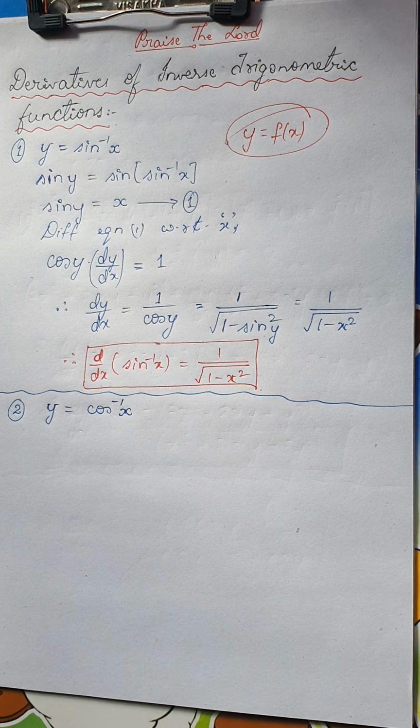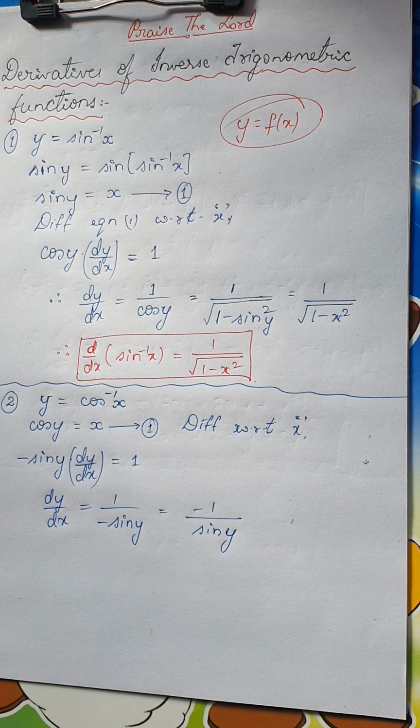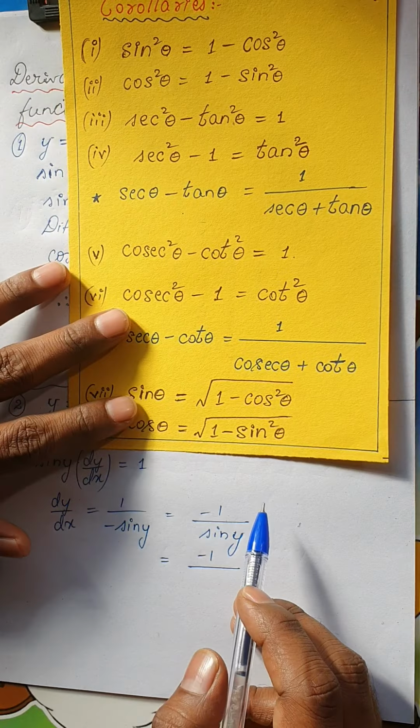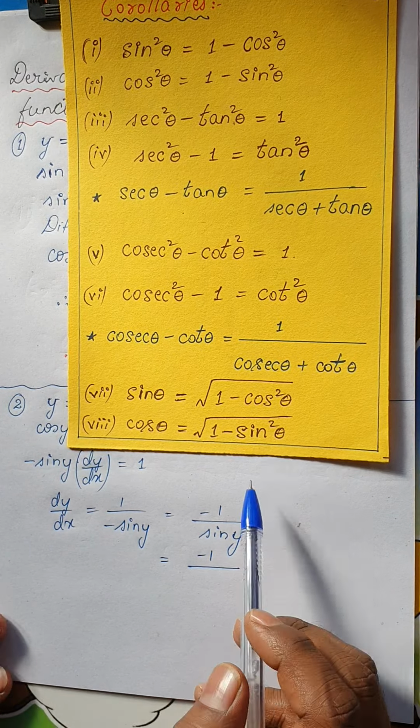Moving on, I will get dy by dx is nothing but 1 divided by minus sin y, or it can also be written as minus 1 divided by sin y, isn't it? I just took the reciprocal. Now what can be done here? In the similar case, this can be written as minus 1 divided by, how do you write sin in terms of cos? I think using the similar identities in the previous case, sin y can be written as root of 1 minus cos square, parameter here is y.